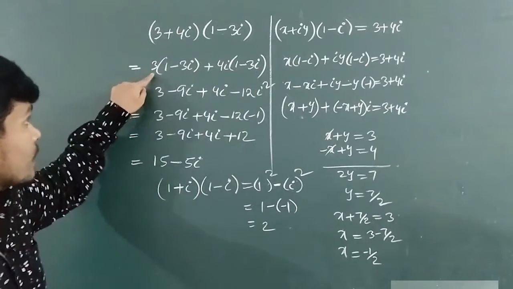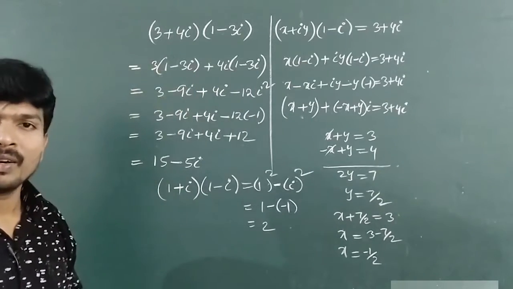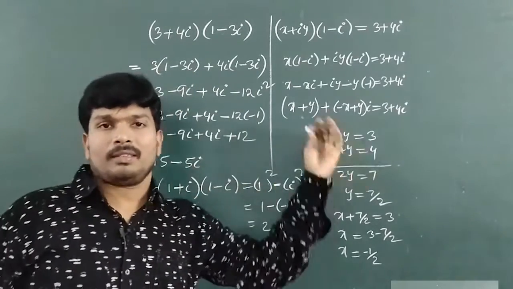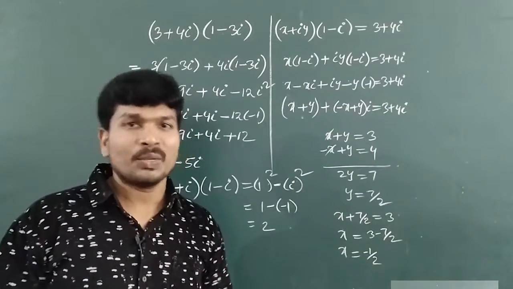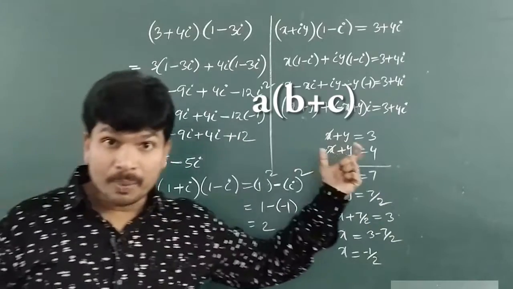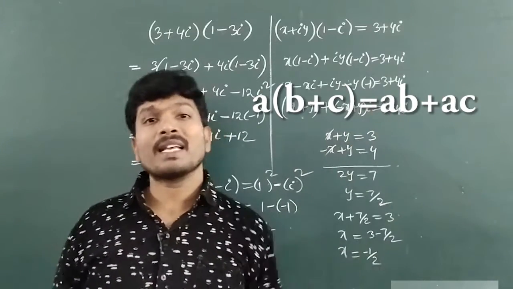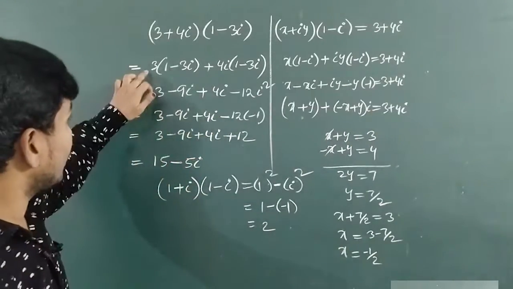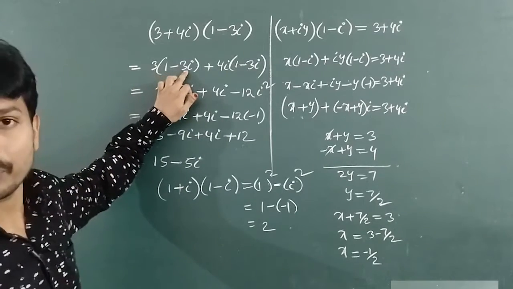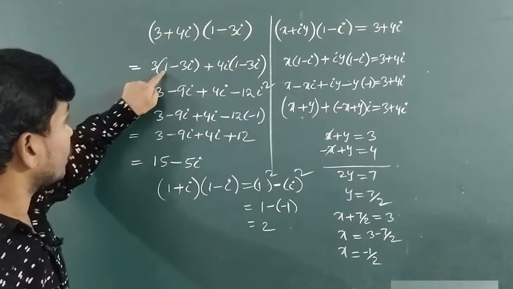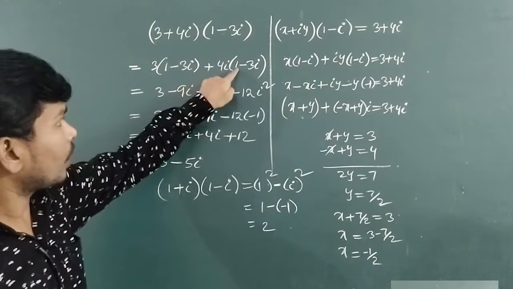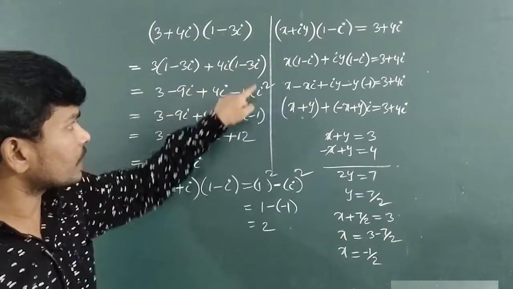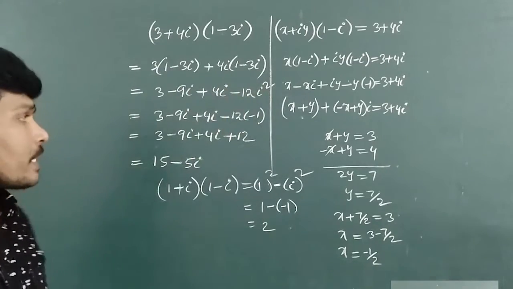So here it is the monomial and it is the binomial. Do you know monomial with binomial? How to multiply it? Using distributive law. A of b plus c is equal to ab plus ac. So it is a, it is b, it is c. Okay, na? Get ready. 3 1s are 3, minus 3 3s are 9i. Same as 4i into 1, 4i, minus 4 3s are 12, i into i square.